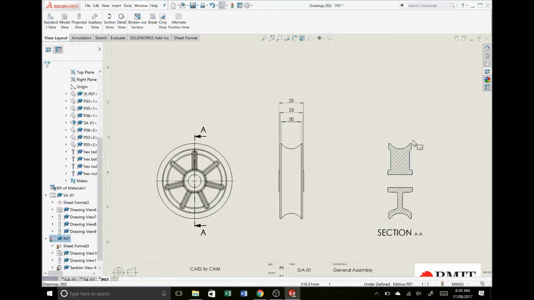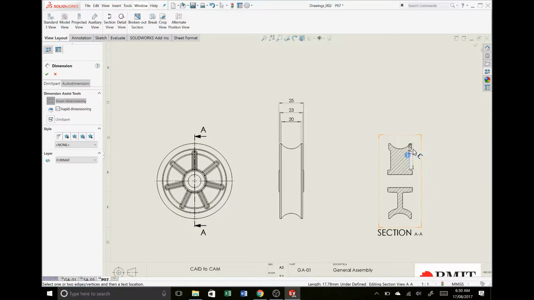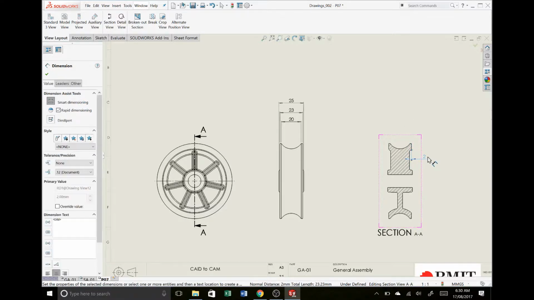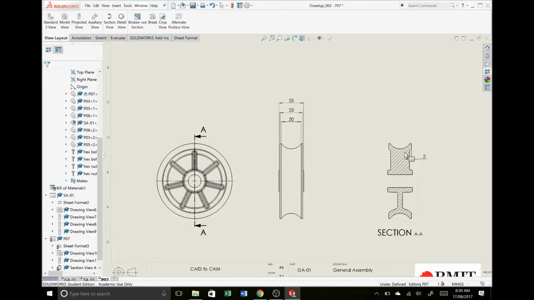Now this bit to me is kind of useless. I don't think I actually really need that at this point. It could be useful for me. You might want to keep it because that will allow you to dimension the offset of your ribs. For example, that could be quite a good dimension to have on there. If you don't think it's relevant, and maybe you did just want to work with that section down the bottom there,